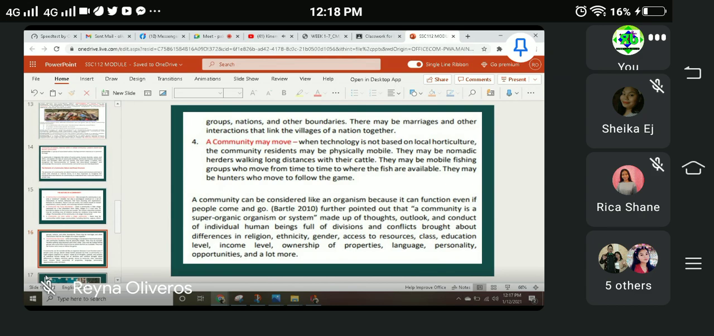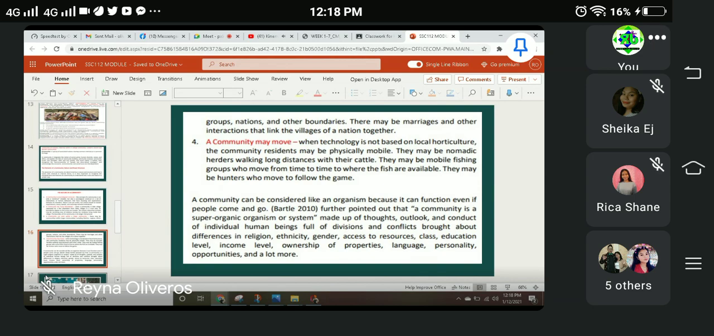Okay? Then, number 4, nature of community. A community may move. There are some communities that can be moved from one place to another. It is because when technology is not based on a local horticulture, the community residents may be physically mobile. Okay? Pag sinabi nating physically mobile, ibig sabihin hindi sila naka-base doon sa technology. Sometimes nagiging physically mobile. They may be